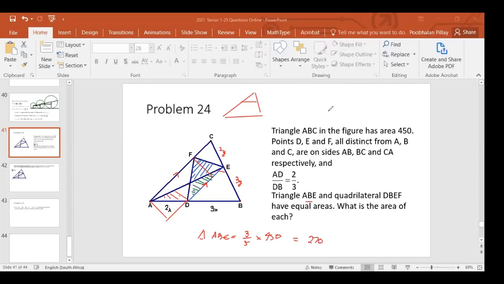An important fact is whenever you've got parallel lines and two triangles which have the same base in parallel lines, they all have the same area. Very important fact. All these triangles have the same area as long as they have the same base, because they have the same height. Therefore, they will have the same area. And conversely, if they have the same height, they will have the same area. That is what I was using here. So those triangles have the same area, and therefore the lines are parallel.